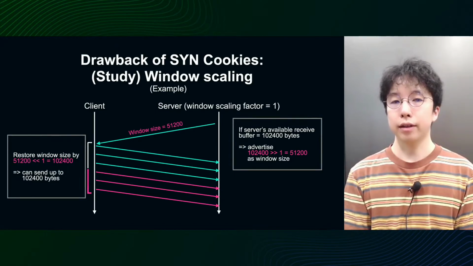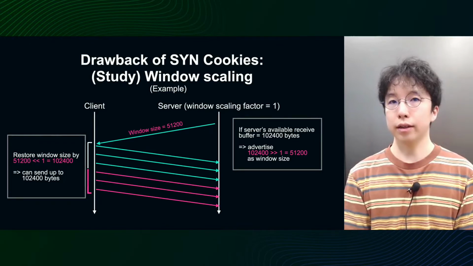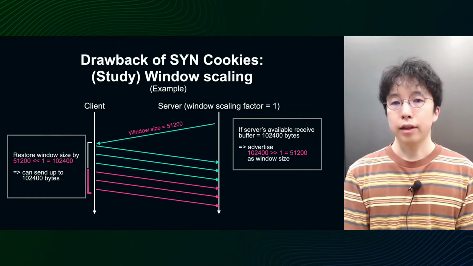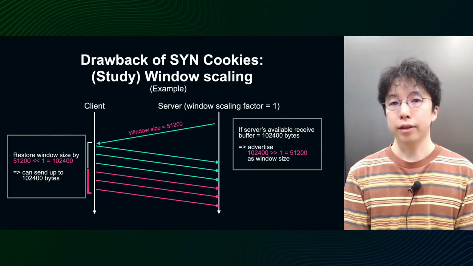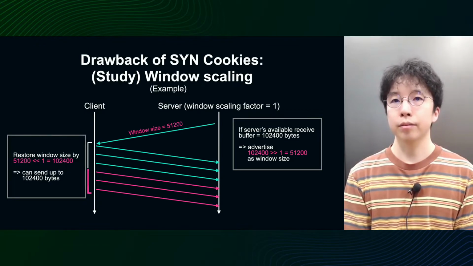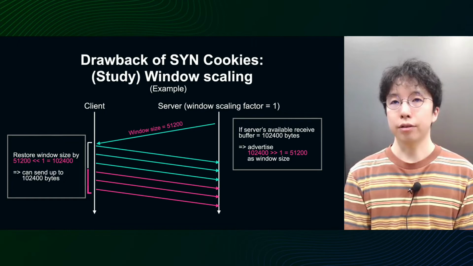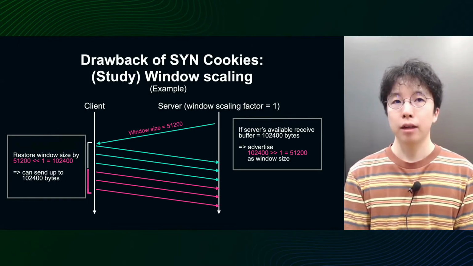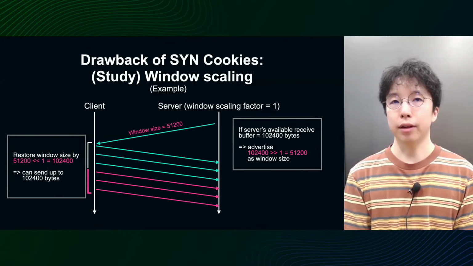Suppose that the server advertises a window scaling factor of 1 to the client in advance. Now, the server wants to advertise window size equals 102,400 to the client. This is beyond 65,535, so we cannot simply put it in the packet. However, since the window scaling factor is already set to 1, the server will divide the window size to be advertised by 2 to the first power